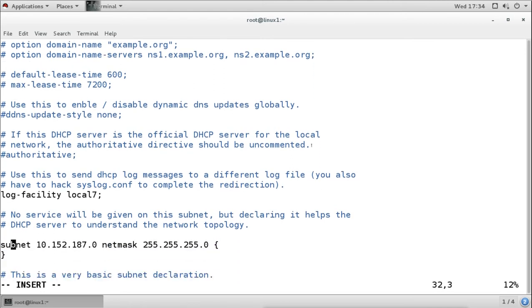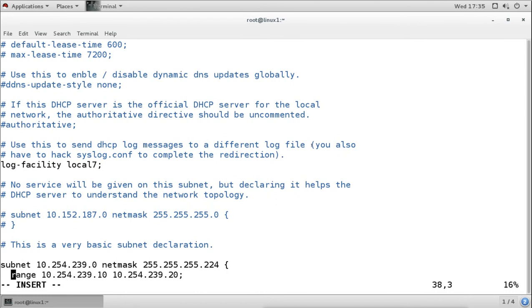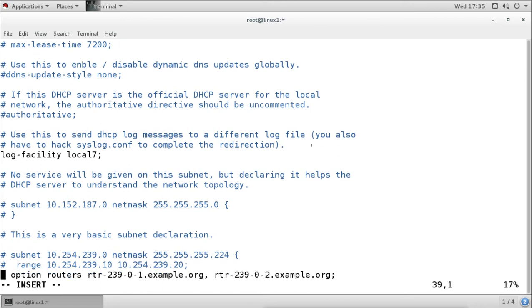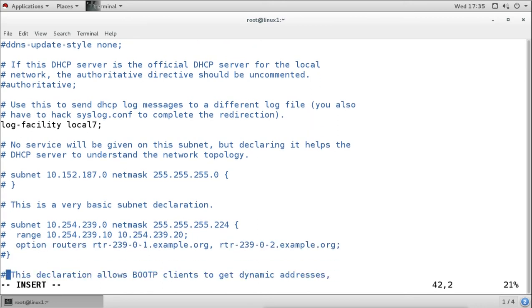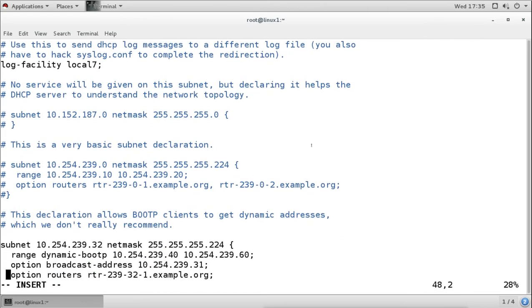Now this subnet is actually just an example. I don't need this one. Why don't I need this one? Because it does not have the other options, and I will not use BOOTP also. This is the basic definition, so I am not using this one also. This is for BOOTP, so I am not going to use BOOTP.